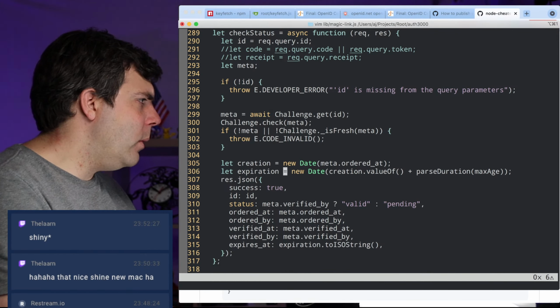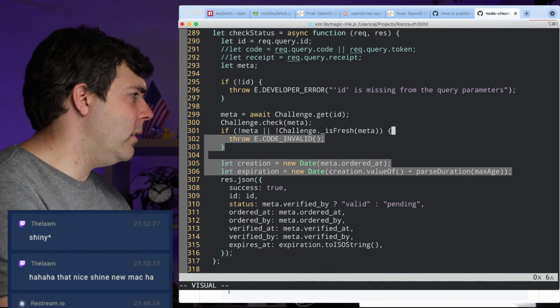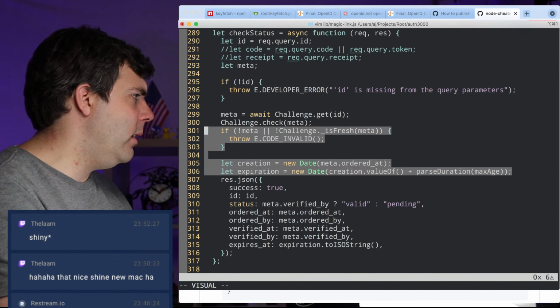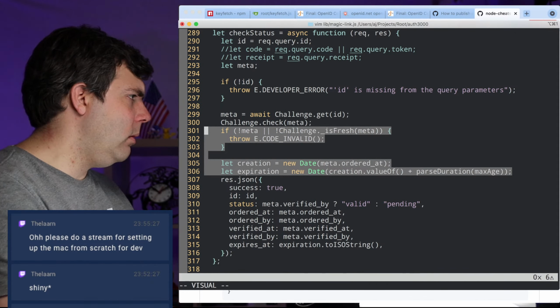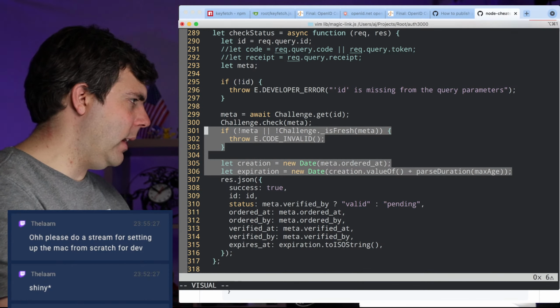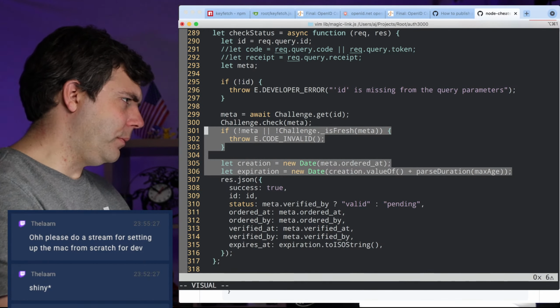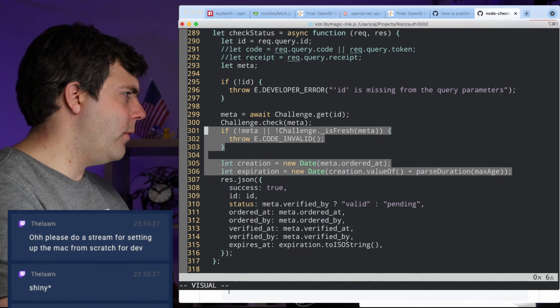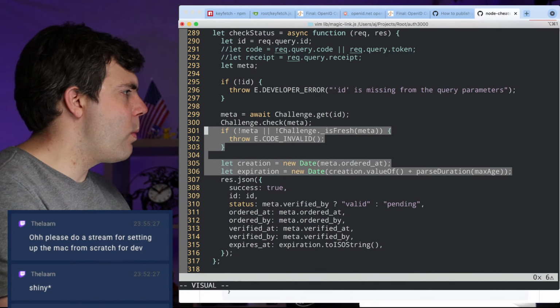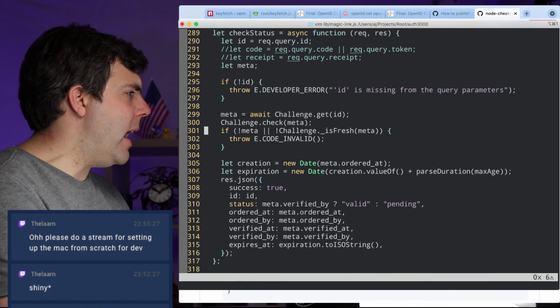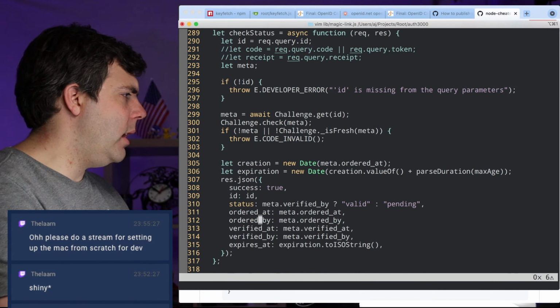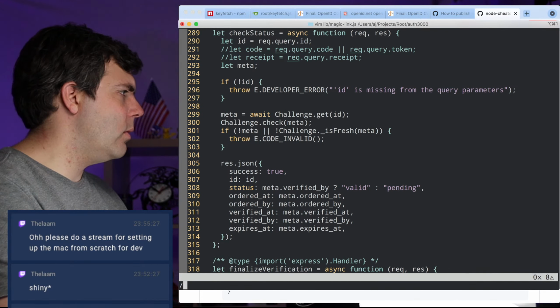Anyway, so this bit right here, I think this little bit can just get moved out, and that will be fine. But what is the issue here? So we've got the is fresh. And then this expiration, I don't think we need that, because I'm pretty sure that I now save the expiration in the meta. Expires at, I think that's what I did. So I think we can get rid of this. Let me just go double check on that. Expires at,